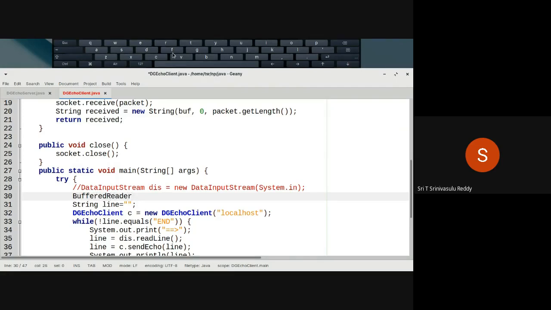What you are basically trying to look for is a way of reading one line. Which class in the IO package will help you read one line at a time? You are looking for that. That's all you are doing. So BufferedReader. You can either use the same name, DAS, if you don't want to change anything inside, or if you want a meaningful name, you can give BR. BufferedReader BR is equal to new BufferedReader of